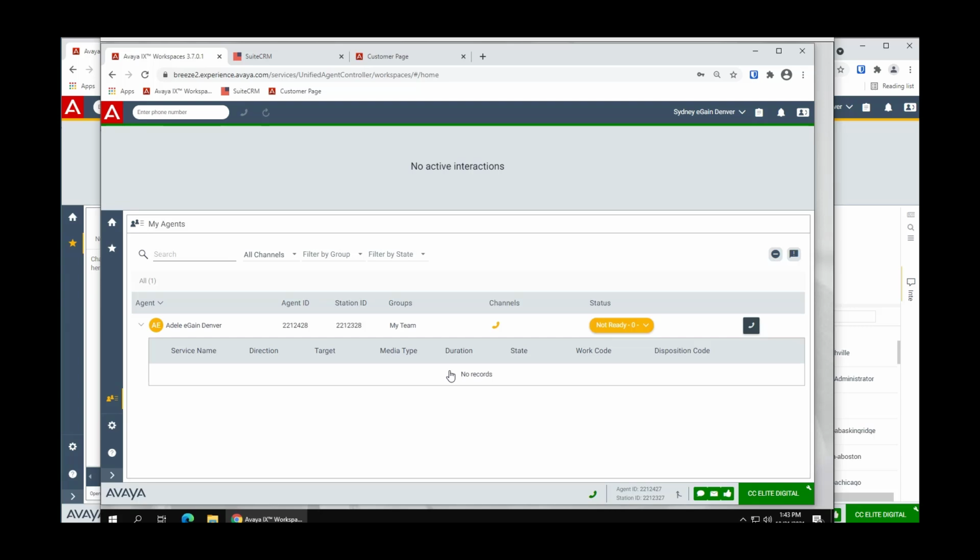If they're actually on a call, we'll see that activity. This agent that I'm using is not currently on an active interaction. Otherwise, you could see it in the duration, and if I use disposition codes. The other thing, and this happens quite frequently,